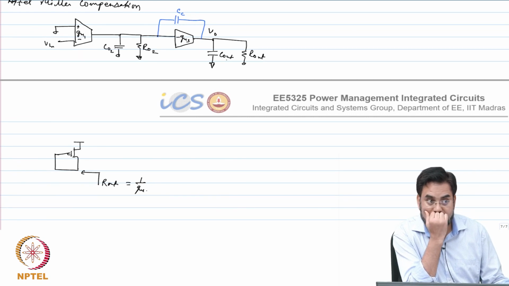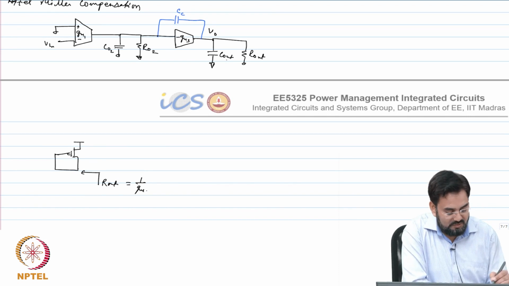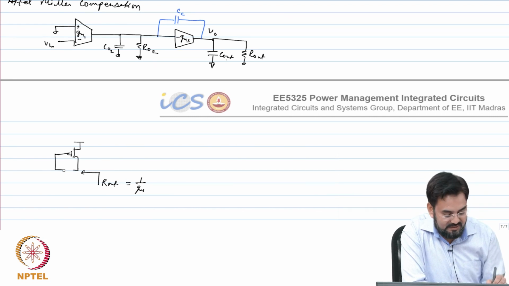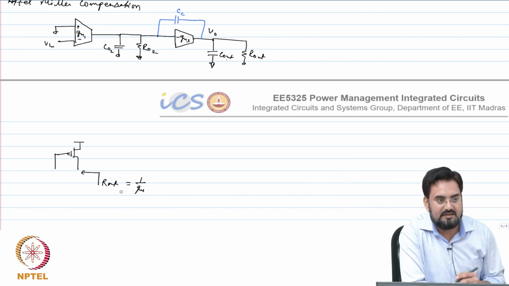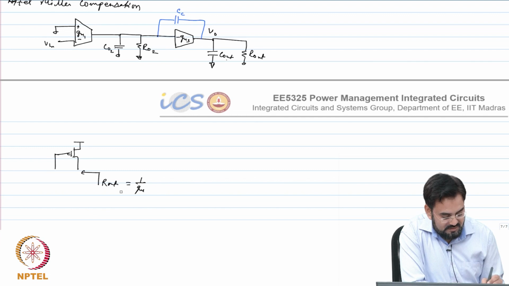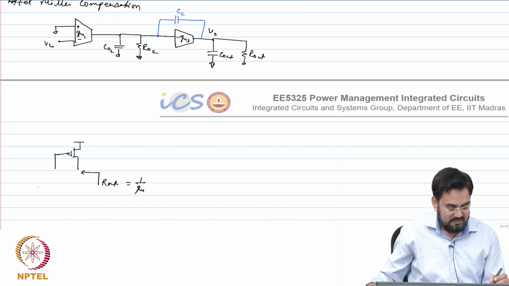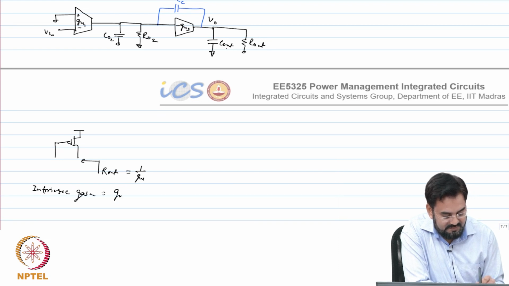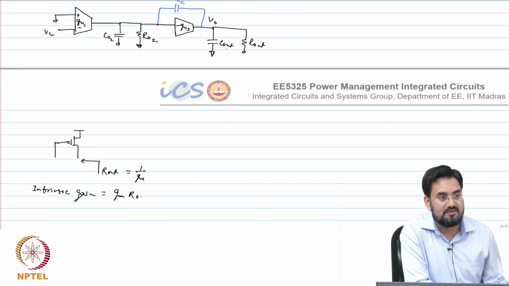It's like if we change the voltage by a small amount. Yeah. So, this is causing a negative feedback because the output is connected back to the input, which is the gate. Now, if I do not have this feedback, what is the output resistance? Not infinite, R out, RDS. What is the intrinsic gain? Gm R out. Okay.